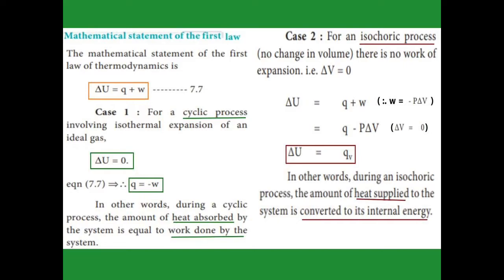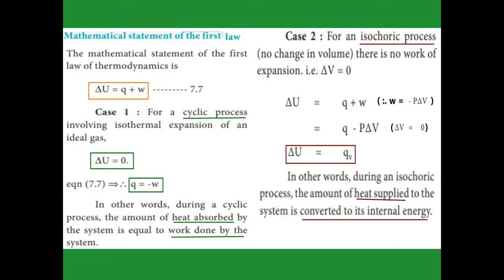initially one system undergoes many changes, and afterward it reaches the initial state, so that initially what they are having, finally they have the same amount. So the delta U value, the internal energy, initially it has some energy, and finally also it possesses the same energy, so delta U equals 0. Now you apply the delta U value 0 in equation 7.7, you get Q equal to